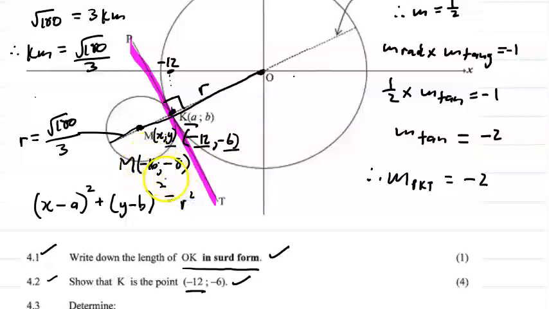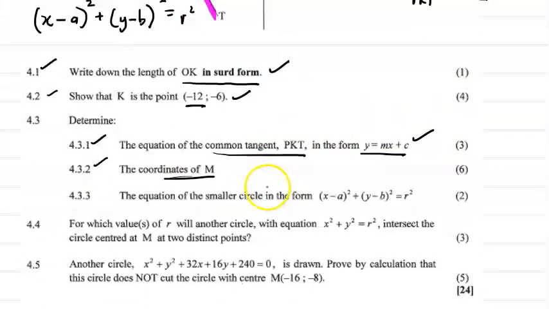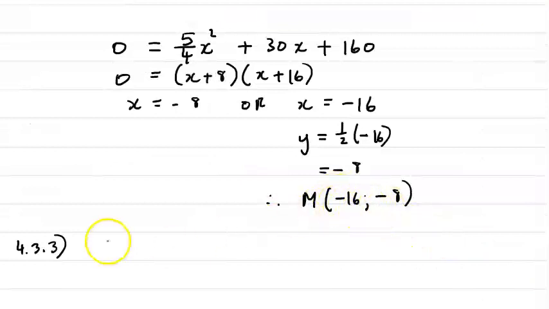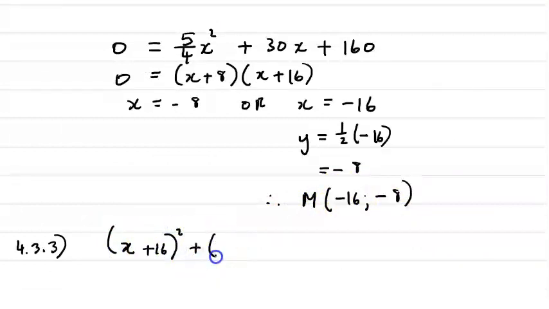So we're just going to substitute our values here. X minus a. So therefore, we need to change the sign of this particular value here. So x minus a, so we're going to write x plus 16, and we're going to write y plus 8, and for r squared, we're just going to square that. Alright, so let's go and write that down. As you can see, we know the coordinates of the center, so we'll write down x. Let's change the sign so that plus 16 all squared plus y, change the sign, plus 8 all squared equals to r squared. So that will be the square root of